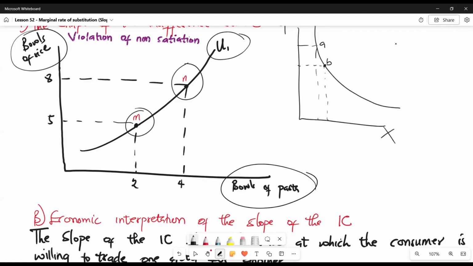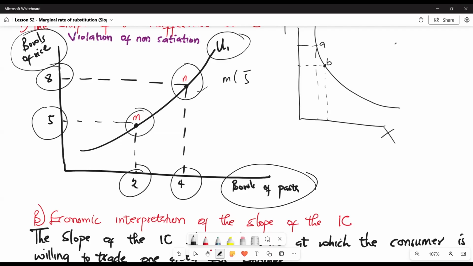Bundle M has 5 bowls of rice and 2 bowls of pasta. Bundle N has 8 bowls of rice and 4 bowls of pasta. According to the definition of indifference curve, if two bundles are on the same indifference curve, then a consumer must be indifferent between them. However, the non-satiation assumption says that if a bundle contains more of at least one of the goods, then it should be preferred. Non-satiation will require bundle N to be preferred to bundle M